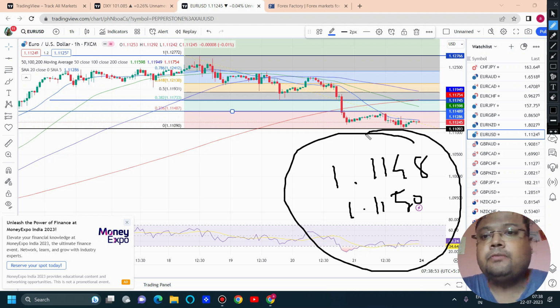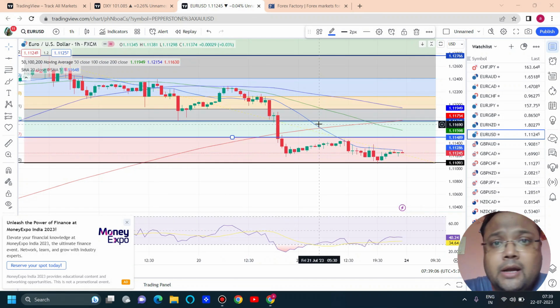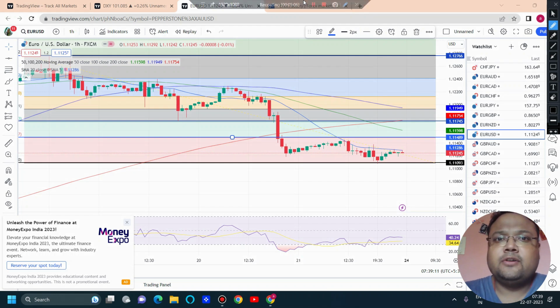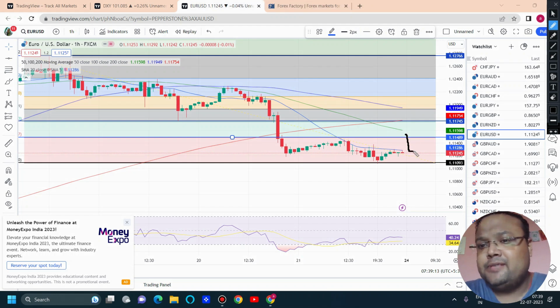1.1148 to 1.1150 is the first resistance if market tries to recover. Keep in mind, this is a quick selling opportunity. Do not expect much. 20-25 pips is quite good enough in this market where the volatility of the market is very, very low. In case market breaks the level, because obviously confirmation is important. For example, if you see a green candle, market standing at 1.1150 with a green candle, obviously the resistance is not going to work. Common sense and trading goes side by side, do not forget. Okay, so if you see market is struggling, if you see price rejection from above, then only go for a